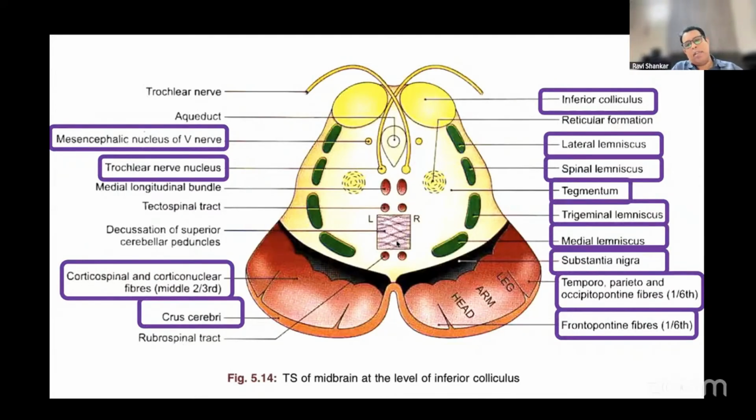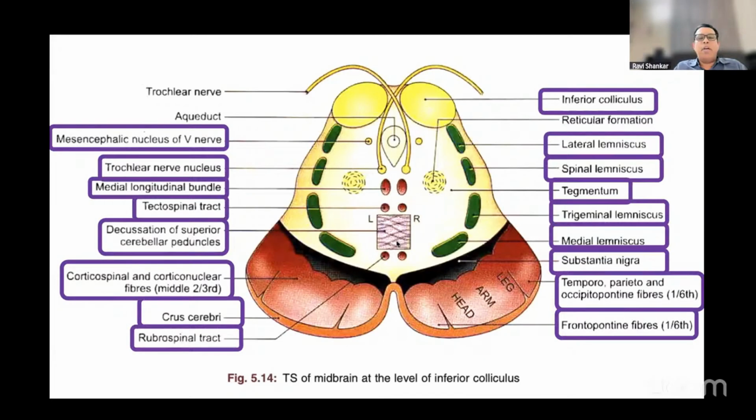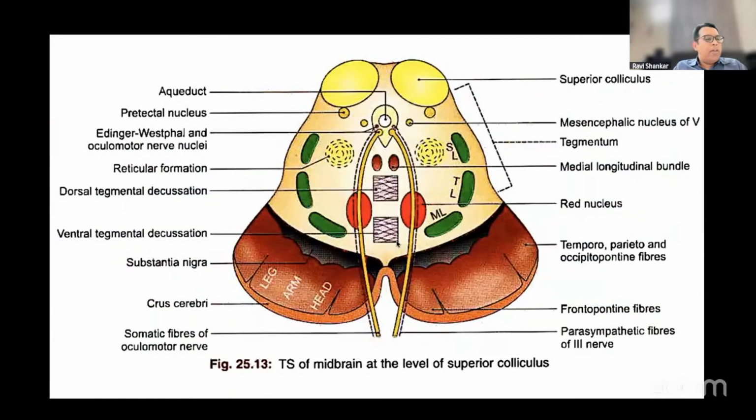So coming to the last cross-sectional study that we do, at the level of the superior colliculus. If we study the midbrain at the superior colliculus, again it has a gray matter and a white matter differentiation. The gray matter has the nuclei of the oculomotor nerve and the Edinger-Westphal nucleus in relation to the oculomotor nuclei. And this has also got the mesencephalic nucleus of the fifth nerve, which is again ascending up from the inferior